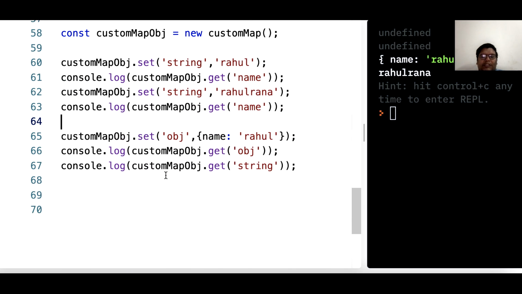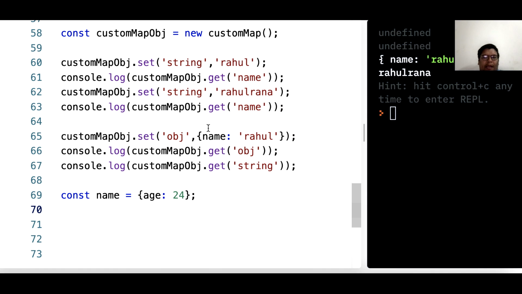Now I think these are pretty fine. How about we try now for the exactly important thing, which is objects. That will be, I think, the most interesting one. So we will create an object, const, so now we have an object.